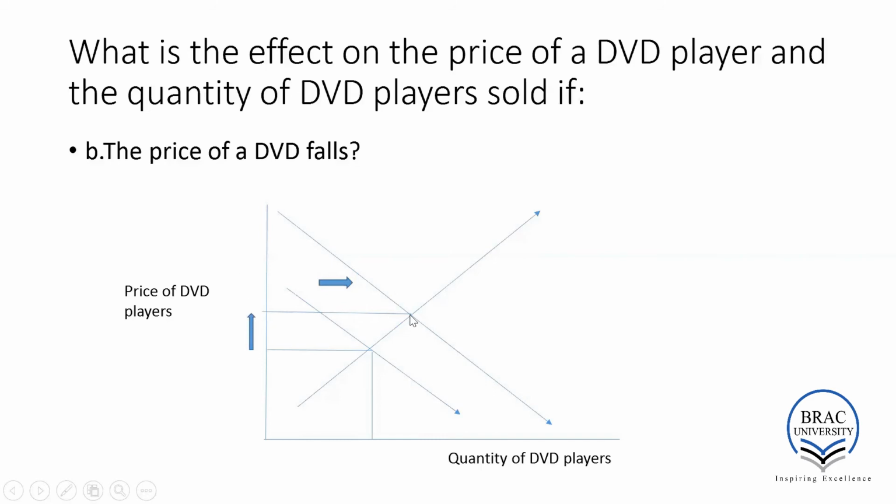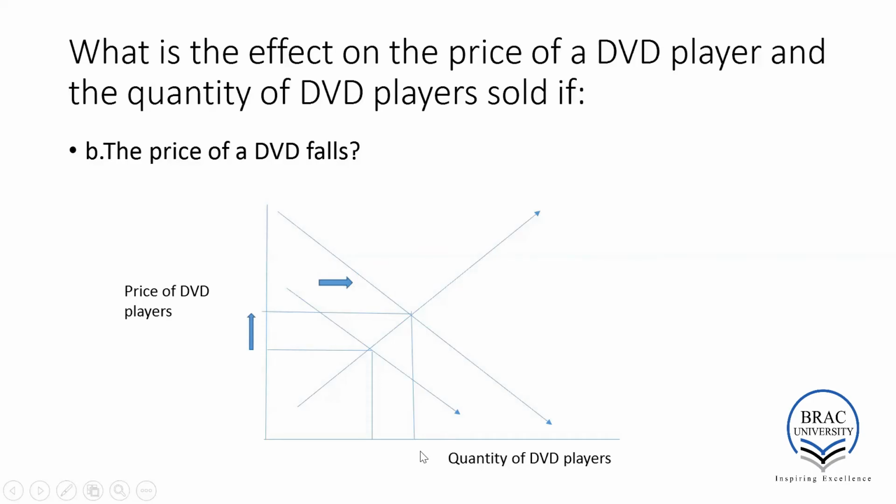Now, what if I draw another line from the equilibrium point to the quantity axis? We get the new equilibrium quantity. We compare it with the initial one, and we see that there has been an increase in equilibrium